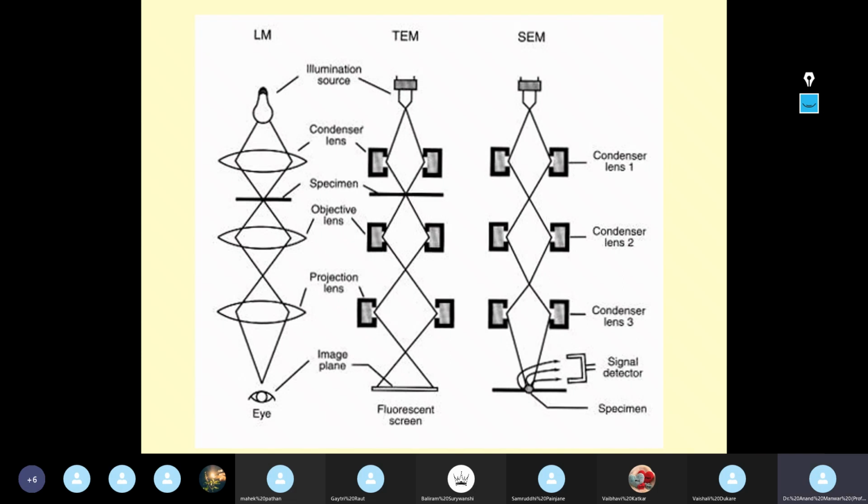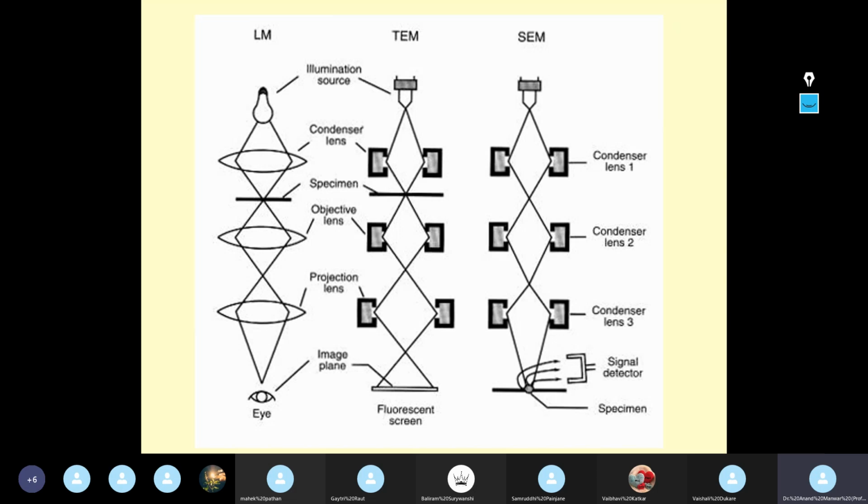It can be used for localization of enzymes. It can be used for determination of size and shape of particles. It can also be used for determination of concentration of colloidal particles in suspension. It can also be used for crystallographic studies. It can also be used for structural studies, topographic studies, morphological studies, and so forth. Right? With this, I conclude this topic.